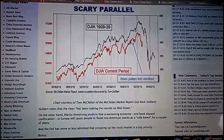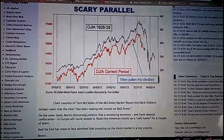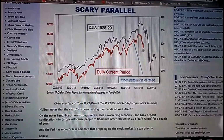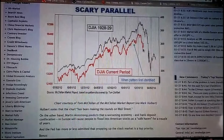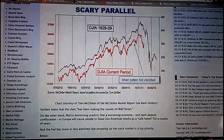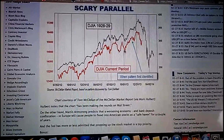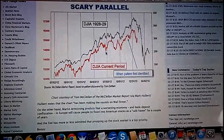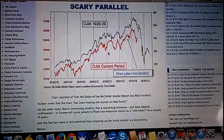So what we have here is we also have a shoulder. We also have a head. And now right now we're building the other shoulder. And so I want to tell you, if the stocks come down to this level again, and if it breaks this level, you're probably going to see a huge precipitous drop. Now, you might see some support in here, though, because there is previous support in this area. But if you see any kind of breakdown below this area here, you're going to see a drop at least